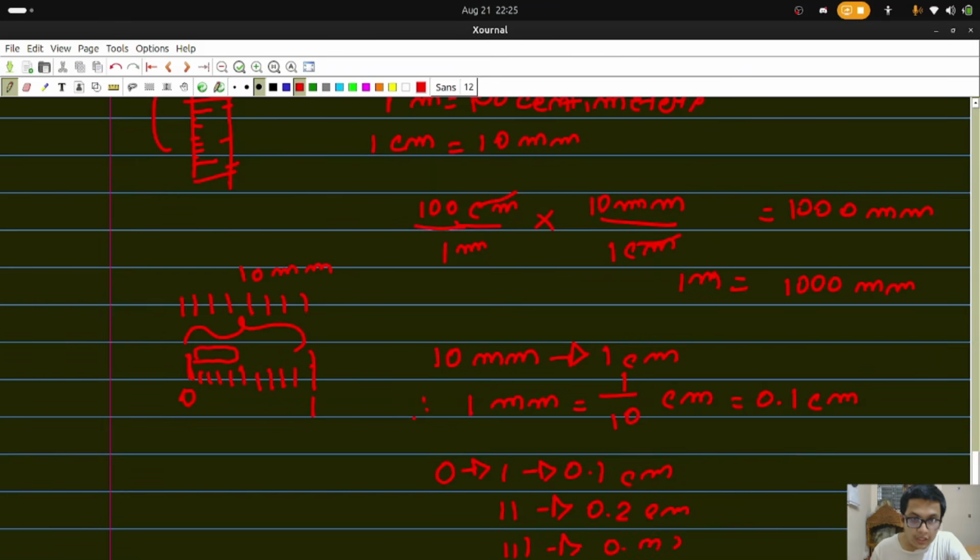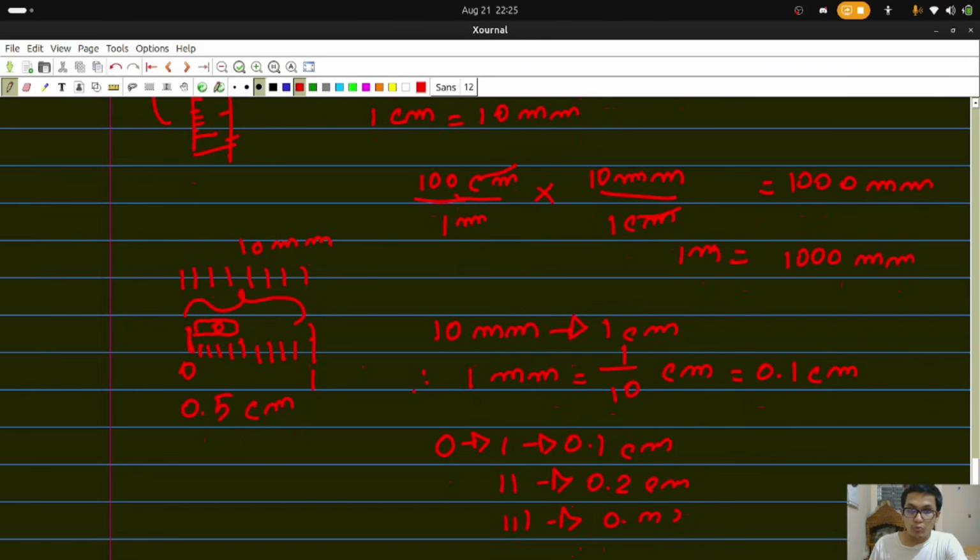Now how many lines does this object cover? This is an object. 1, 2, 3, 4, 5. That means the object measures 0.5 centimeters. Now, you may say, okay, we wrote 0.5 centimeter, but why not 0.50 or 0.5000? That's a good question. But,